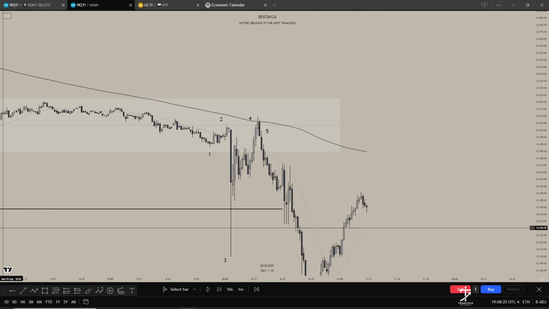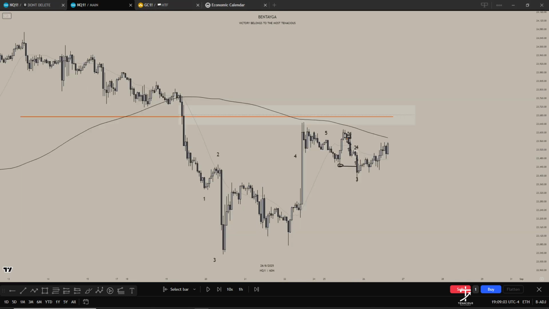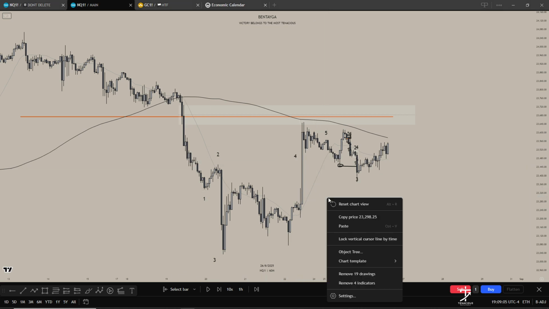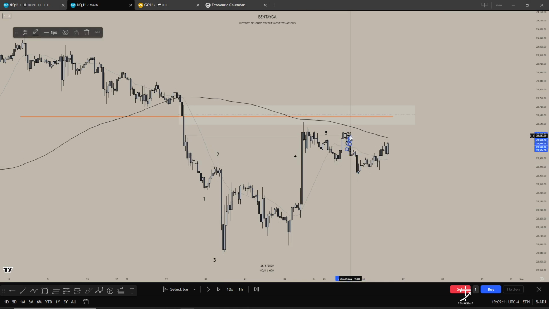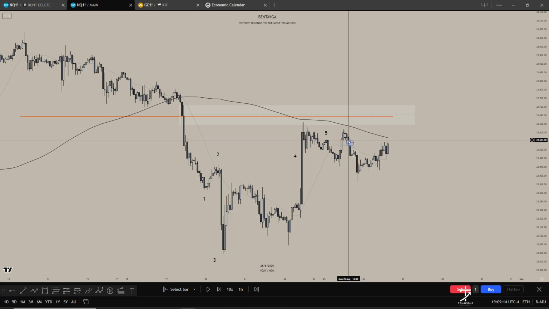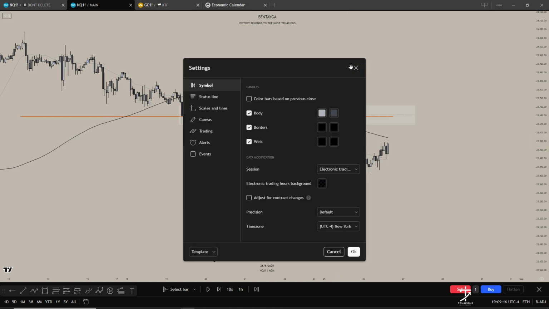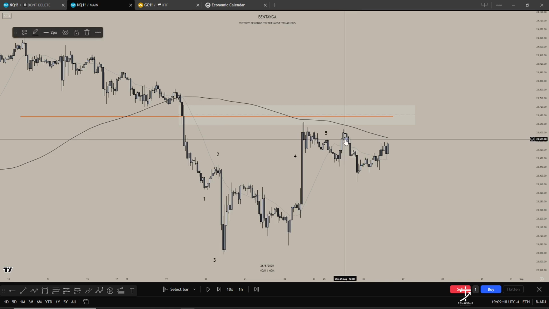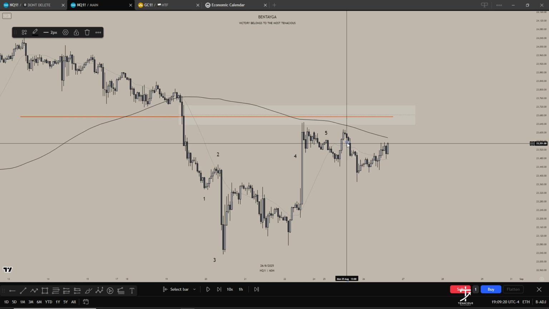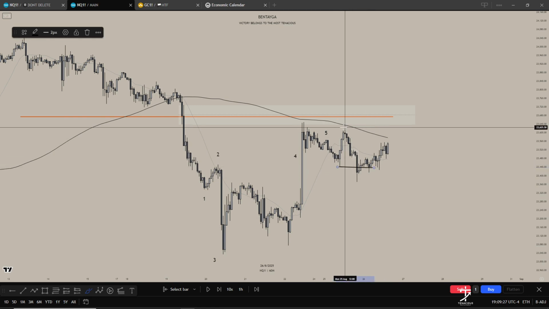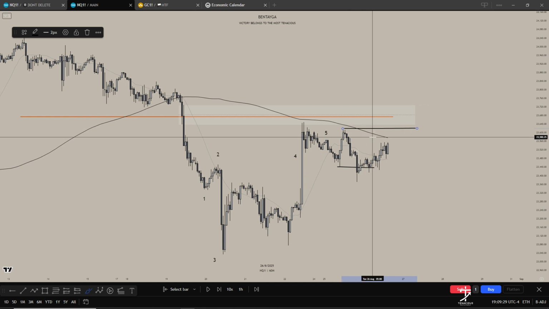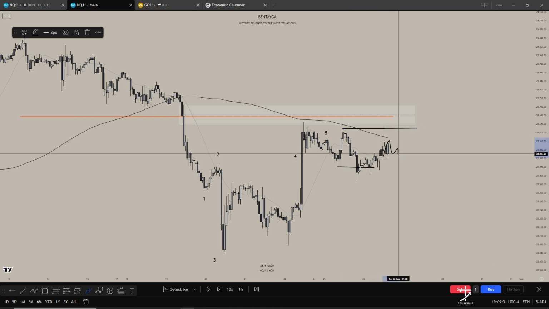I'm gonna just go to the next day quickly. Okay, so this is the next day, and because I can't be asked to clear my charts, it's still the same thing. So this is the next day, and there's two things that price could do. So price could come back to tap into this area here and then make its way back down.